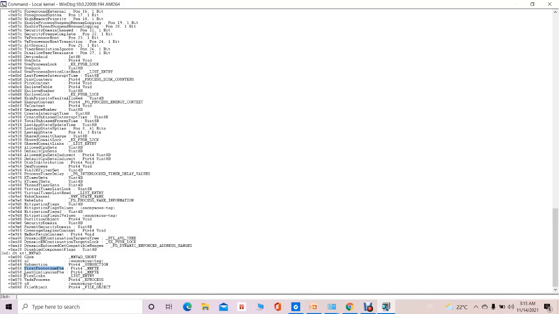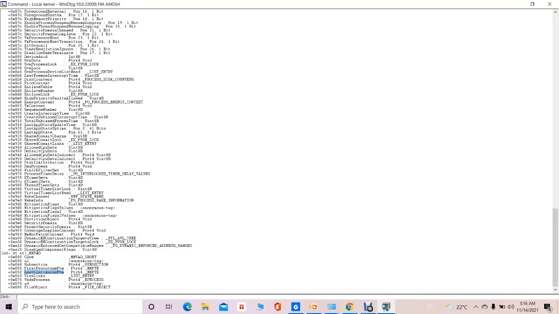Then another is LastContiguousPte. The address of the last page of the particular file which is mapped into the volatile memory we can get from this LastContiguousPte. That is why I said initially that the VAD structure gives the range of addresses for a particular file which is mapped into the volatile memory.